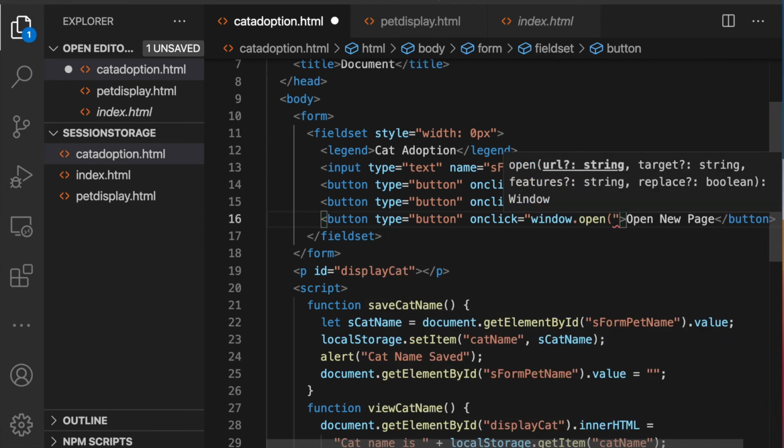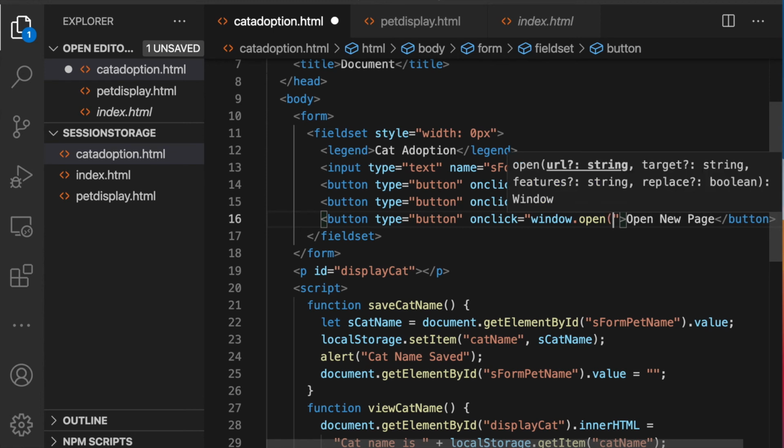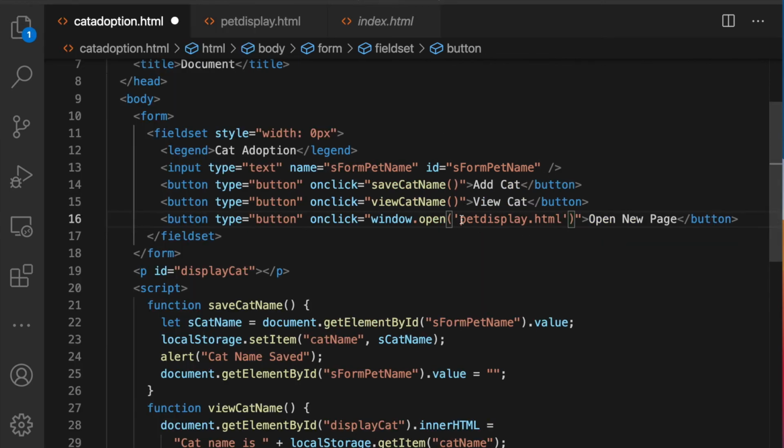window.open, and then I'm going to just put in quotes here. Oops. And I can't put it in double quotes because I'm already within double quotes. So I have to use single quotes. I'm just going to name the HTML file that's in the same folder. So I'll say petdisplay.html. So the idea is that when I click on this last button that it's going to open up this